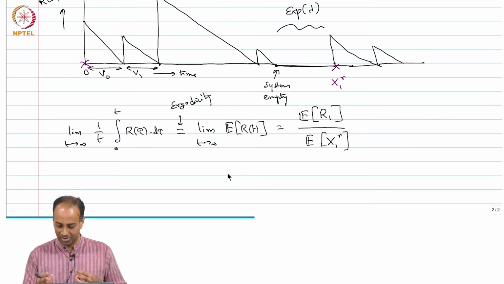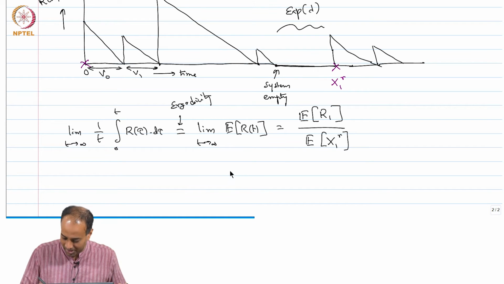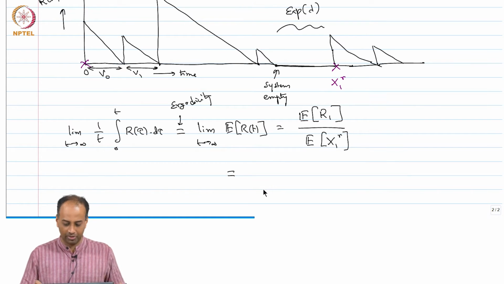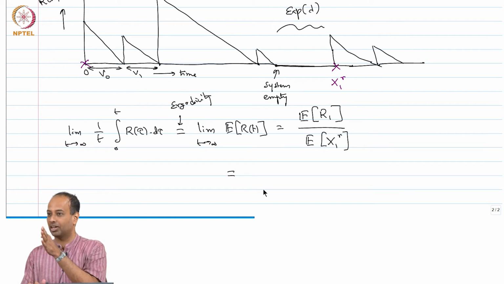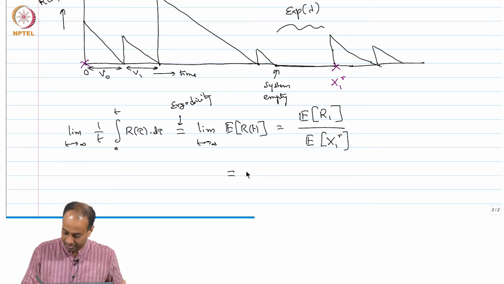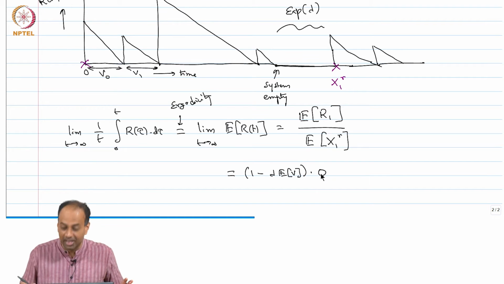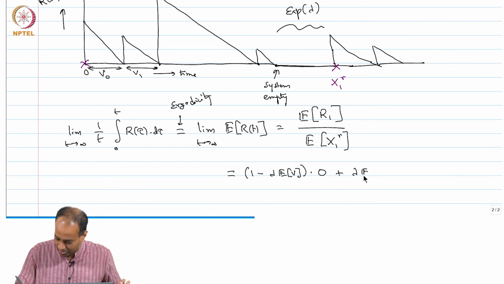You can do this calculation, expected R 1 over expected X 1 R, by adding up all the isosceles triangles, but I am just telling you a different way of calculating this. So, R of t, after a long time t, the expected R of t should be equal to, with probability 1 minus lambda expectation of V, which is my load on the system, lambda over mu, it is 0, R of t is 0, and with probability lambda expectation of V,